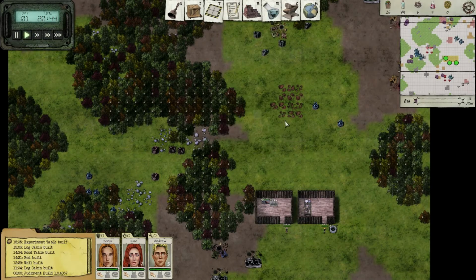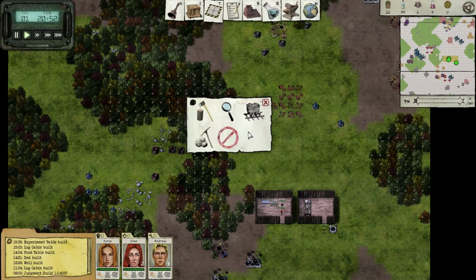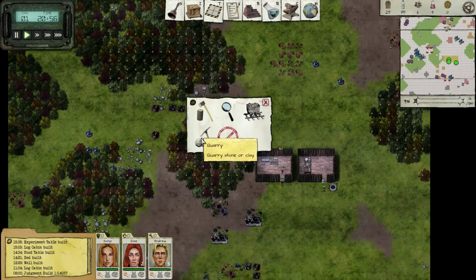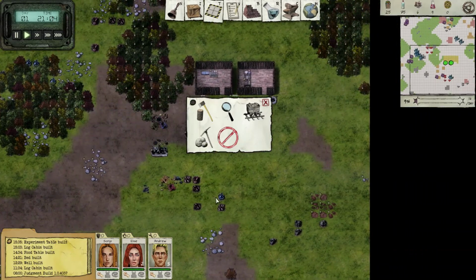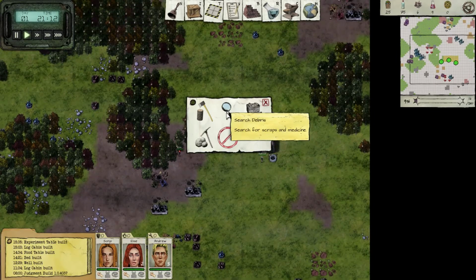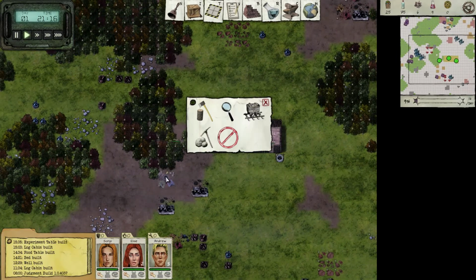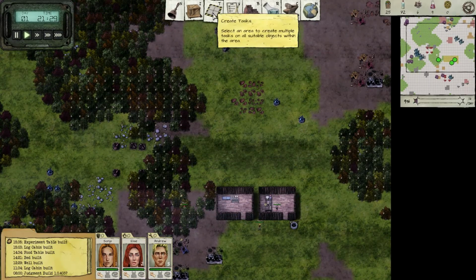I also want to get these going. With this, you can select a certain resource and select resources in bulk. So I've selected quarrying, which is the rocks, and then the clay. And then we have search debris. We have the junk piles here. This is where we find scrap, and I believe medicine as well. I've never gotten to mining yet. That's a little bit more advanced, at least more advanced than